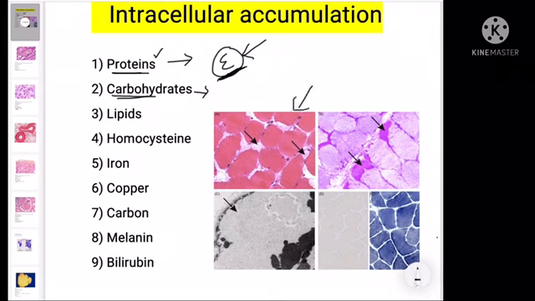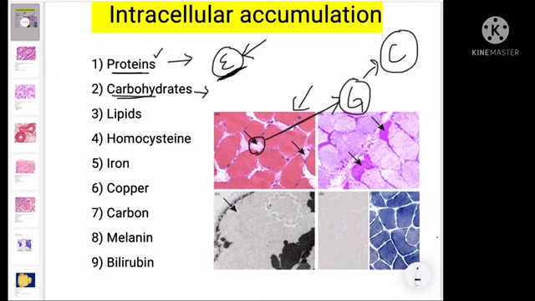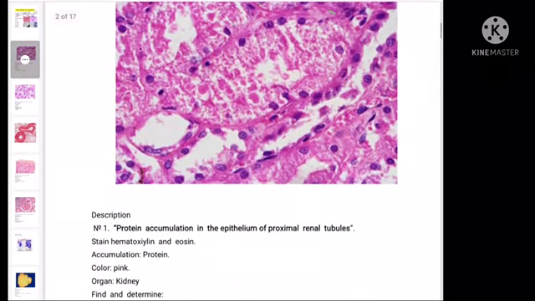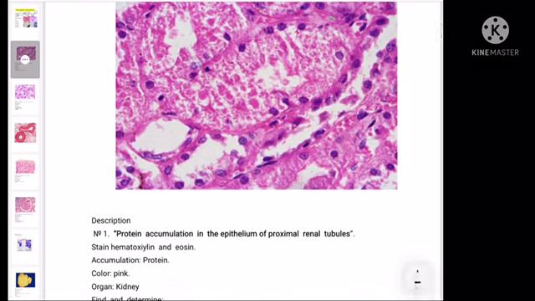Like in this particular image we can see that in the cell there is accumulation, and this accumulation is glycogen accumulation. Glycogen is a carbohydrate, and this is due to the defect of the glucose 6 phosphatase enzyme. So once G6P deficiency or mutation is there, the cell fails to metabolize the glycogen, and then the glycogen starts to build up in the cell, and that leads to different manifestations. So we will talk one by one about what is stored or accumulates in the cell. The first one is the accumulation